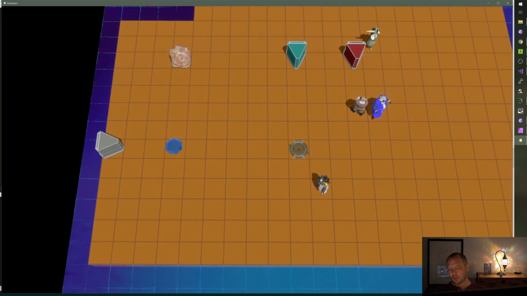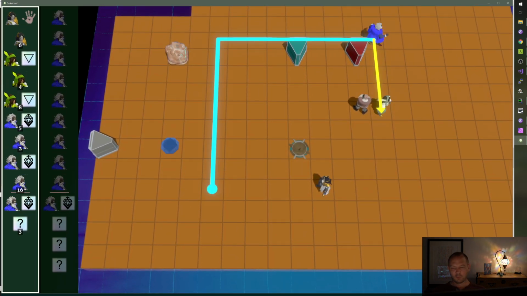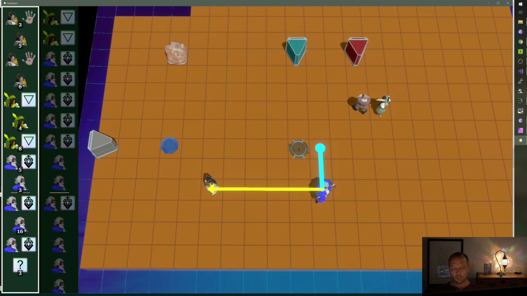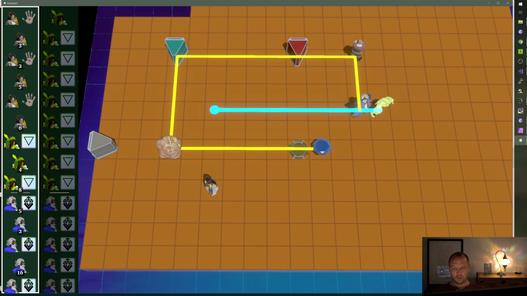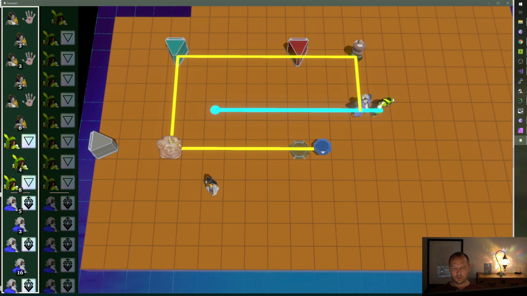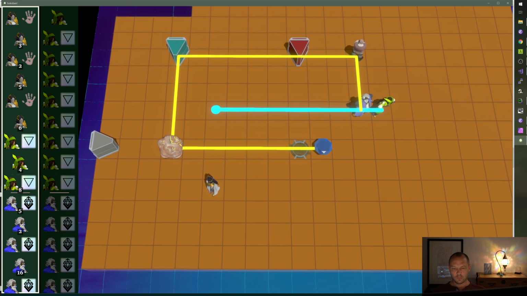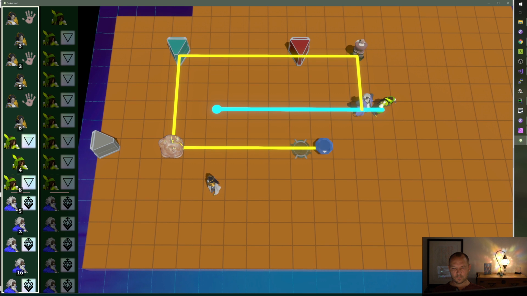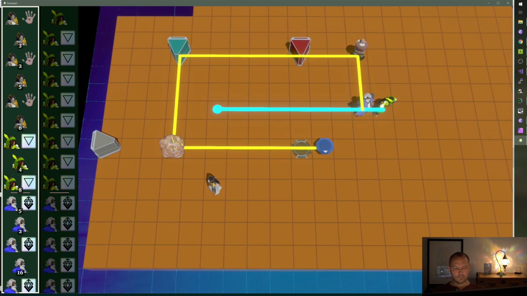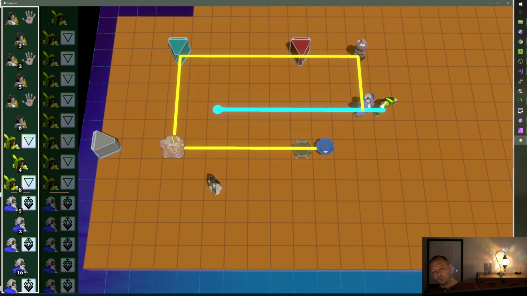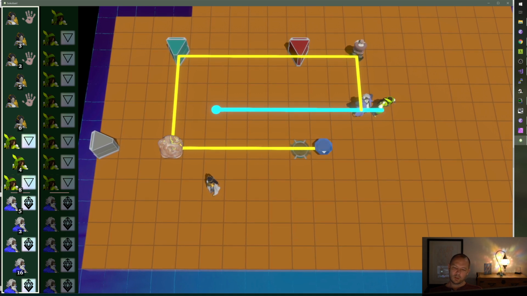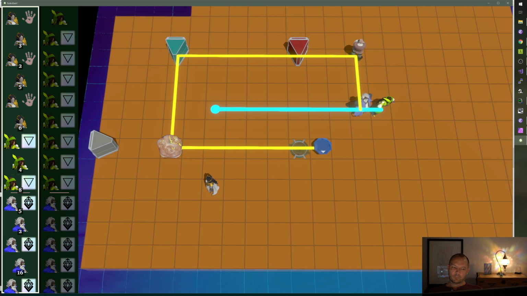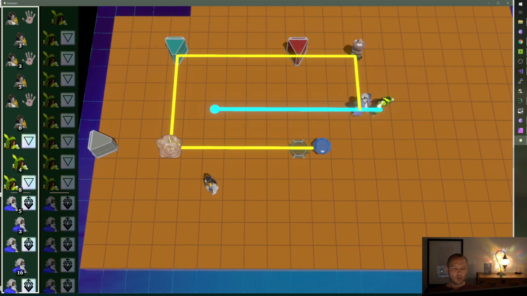Does this work with vertical? I just haven't bothered billboarding it, as I have explained already during the stream. It's easy to do. I just didn't do it because I don't care yet, because we're not sure that we're going to do this. So this is a little bit hard to read because the arrow's underneath the gem. We would probably make a shader where you could see it through the objects a little bit or something, but, you know.